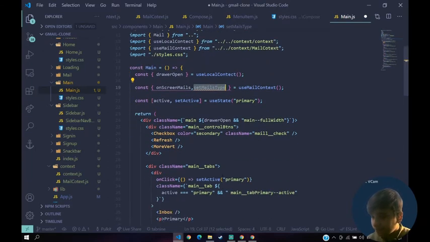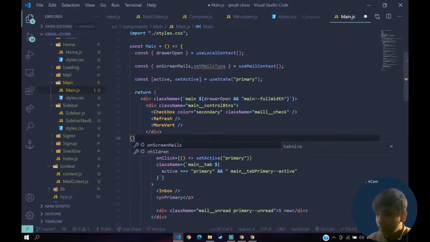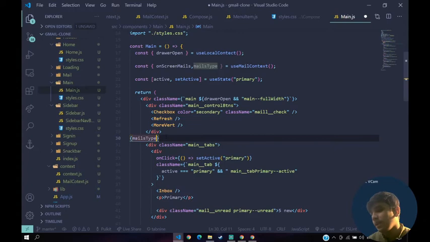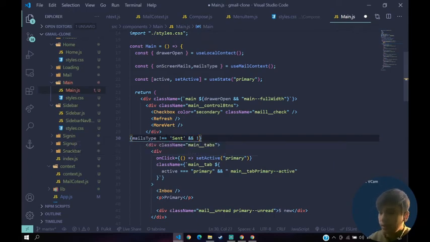Here what we can do is we can say if mails type is not equal to sent, then only you have to render all of this code.